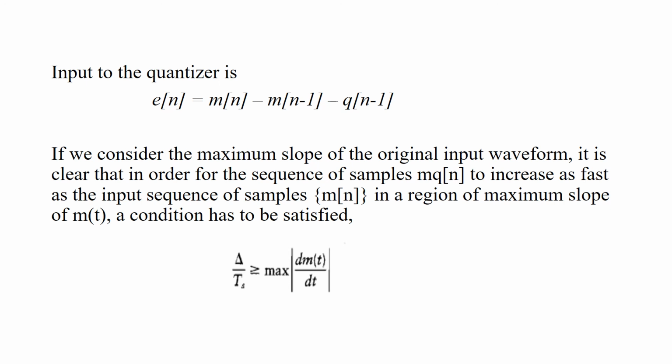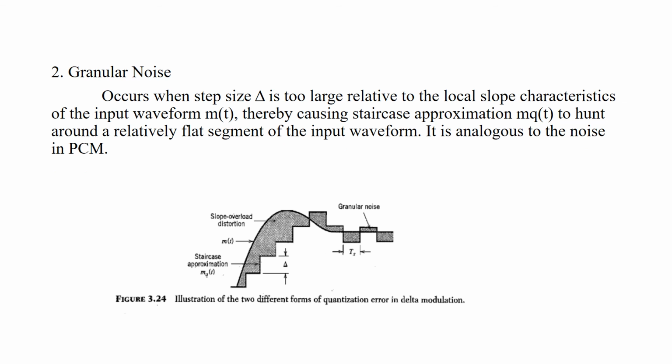If we consider the maximum slope of the original input waveform, it is clear that in order for the sequence of samples MQ of n to increase as fast as the input sequence of samples M of n in a region of maximum slope of M of t, it has to satisfy the following condition: delta over Ts is greater than or equal to the maximum of the derivative of M of t with respect to time. Otherwise, what will happen? We find that the step size is too small for the staircase approximation MQ of t to follow a steep segment